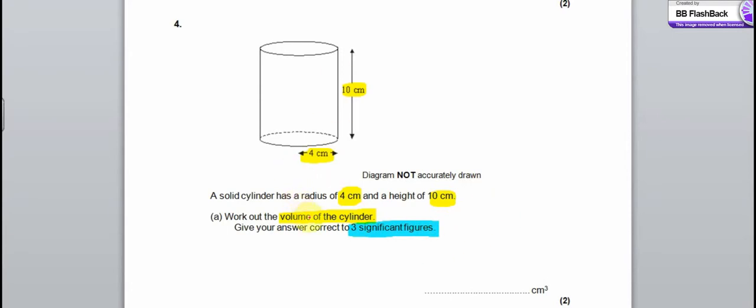Okay, so the volume of the cylinder, well, it's the area of the cross section times the length. Now, the area of the cross section is the area of a circle. So, twinkle twinkle little star, circumference is 2 pi r. Didn't know you really cared, but area is pi r squared. So it's pi times 4 squared. That's the area of the cross section. And then we multiply that by the length, which is 10. And we put that into the calculator. And of course you need your pi button. So pi times 4 squared times 10, and the number is